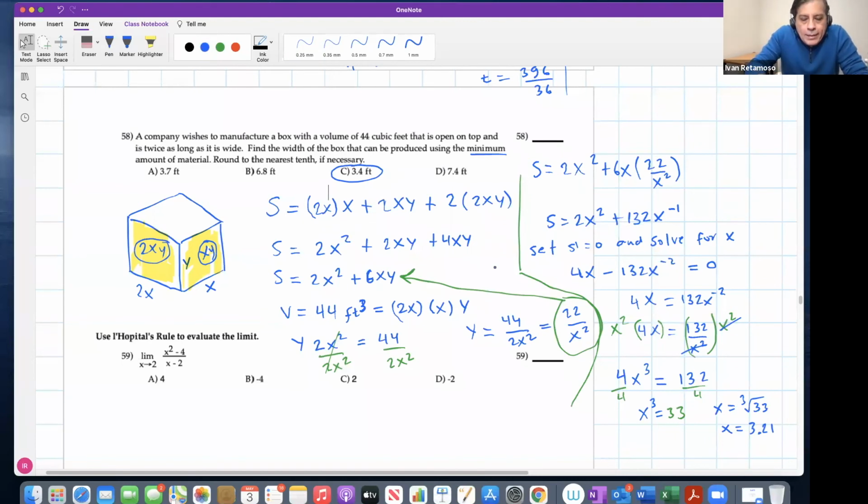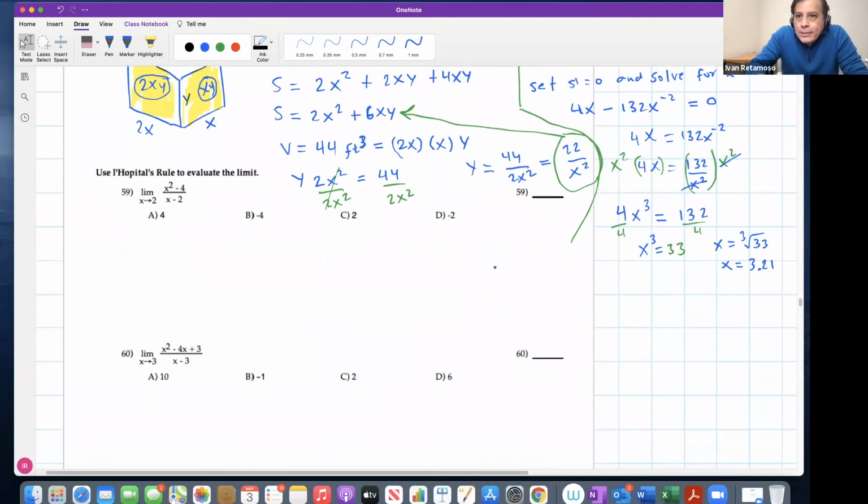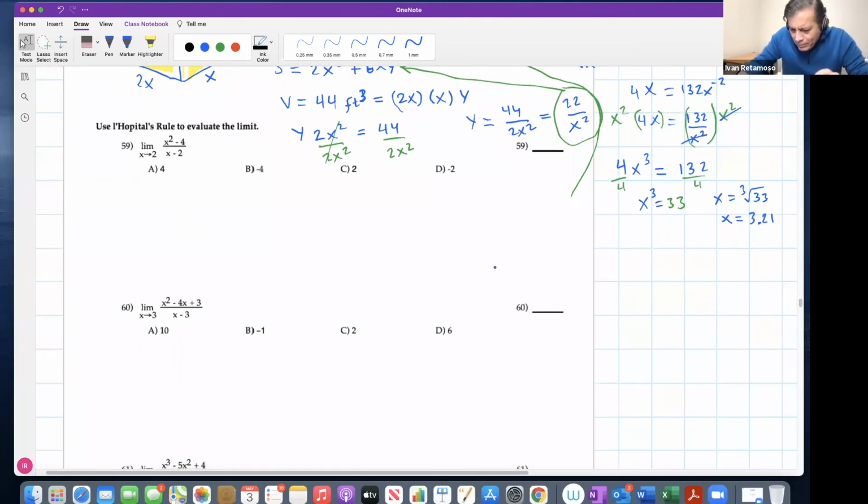Now we're done with the optimization problems. Let's go ahead with L'Hopital's rule. And then I think we have to go over Newton's method too. L'Hopital's rule